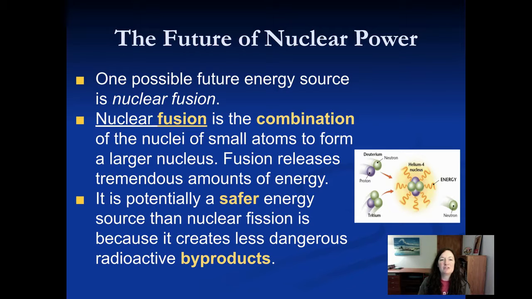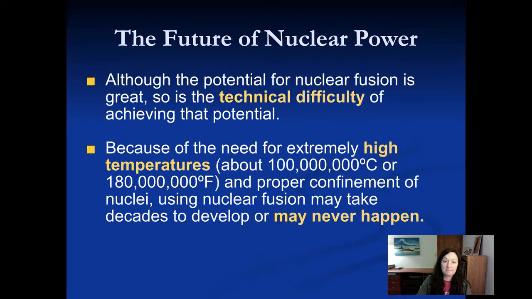Nuclear fusion is something that we have not managed to maintain on an ongoing basis. We can use it in an atom bomb, to instantaneously cause fusion. Fusion is continuous in the sun, the combination of hydrogen atoms into helium. That's how we get our energy from the sun. But that radioactivity is actually a little less harmful than the radioactive products of uranium 235. So even though nuclear fusion is a good possibility, it's still technically too difficult to achieve at this point.